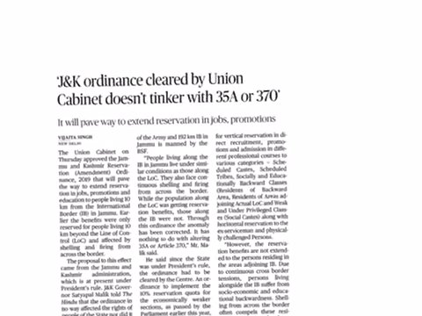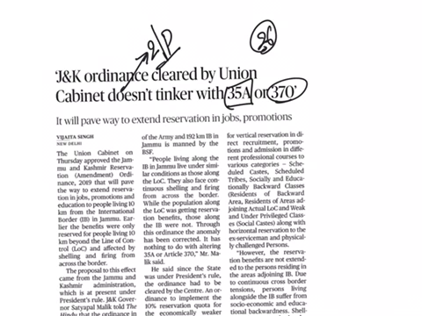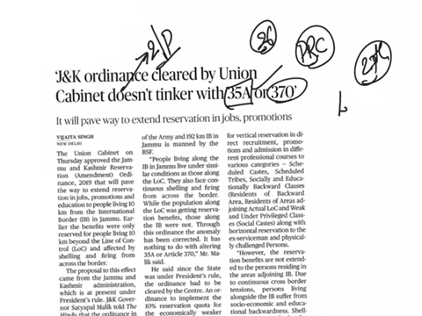The next article is Jammu and Kashmir Ordinance cleared by the Union Cabinet doesn't tinker with Articles 35A or 370. This article comes under GS Paper 2 under the topic of polity. On 26th of February, we dealt with this Article 35A, which provides some special provisions to the permanent residents of Jammu and Kashmir. Whereas on 27th of February, we looked into what is the difference between line of control and international border. For the details of this, I have given a clear background. What is a line of control and what is this international border? Please look into that video.